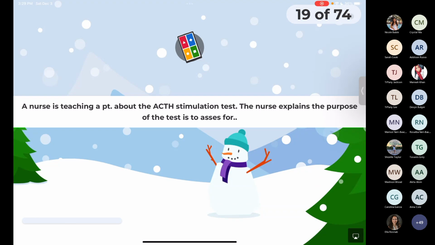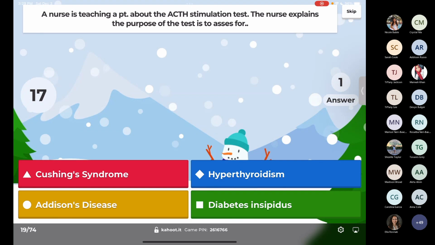A nurse is teaching a patient about the ACTH stimulation test. The nurse explains the purpose of the test is to assess for